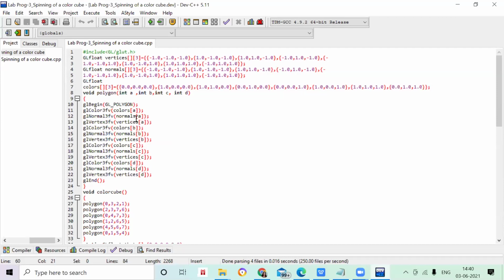Normally, before, we used to write them here only, inside this, but as we want to make the program simpler, first we will declare all these vertex points, normal points, and the color values, and we will just pass those values here. That's the reason the first value, whatever has been given, the variable which has been initiated, is your a, then b, then c, and d. In that way all the values have been written. Here I have declared the array 0 and 3. Okay, so here you can see the values.